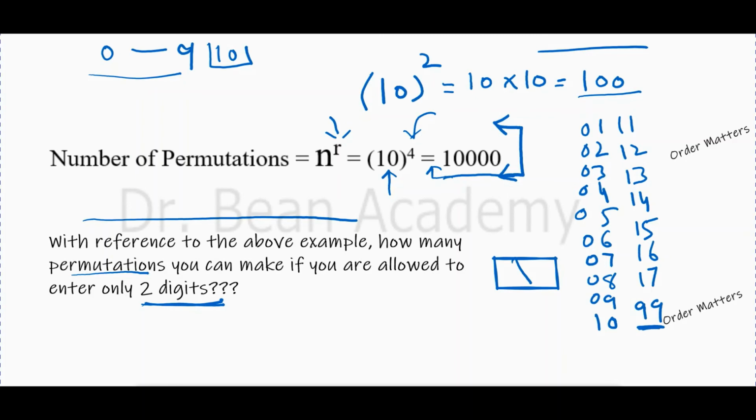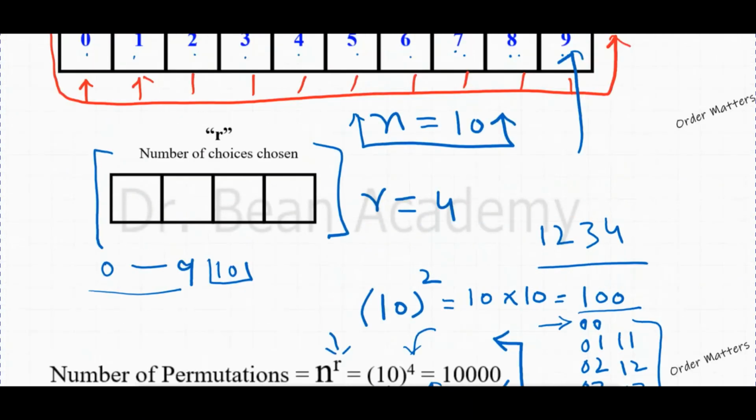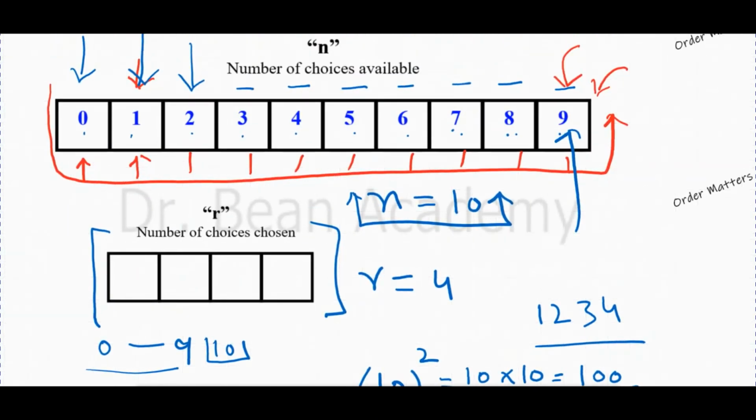100. Remember that it's not 99 tries because the first one I will try is 00. So that will be the first try if I go in a systematic way to unlock your phone. So the total number of tries will be 100. It is the same as when we had the number of choices 0 to 9, the total number of choices are 10.